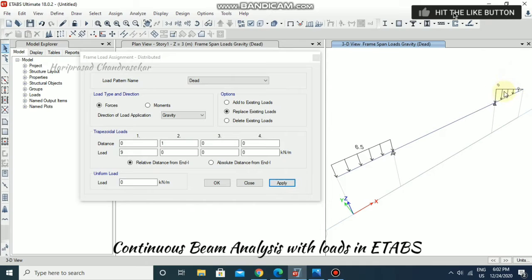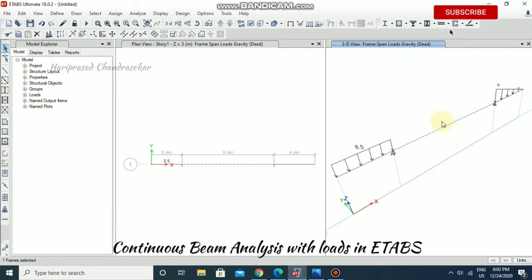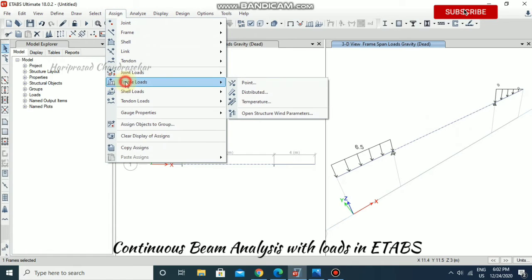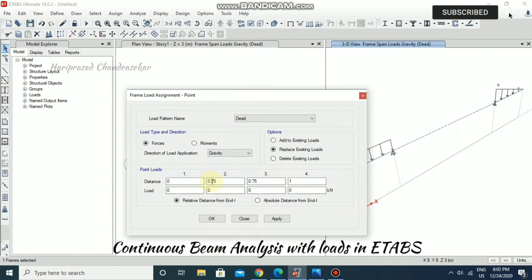Now we got the loads, click OK. For another beam, assign frame load, point load at 0.25 and 0.75. Now we can go for 3.5, and then apply. Now we got those loads as well. Click OK.